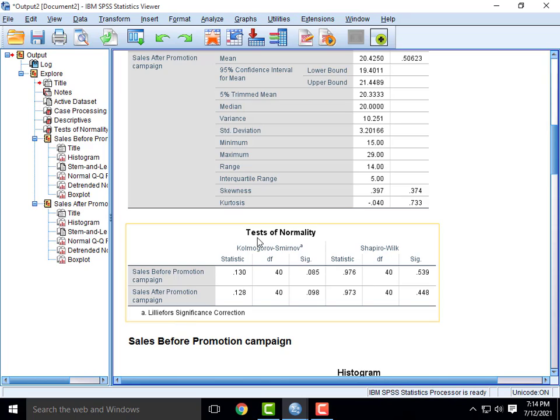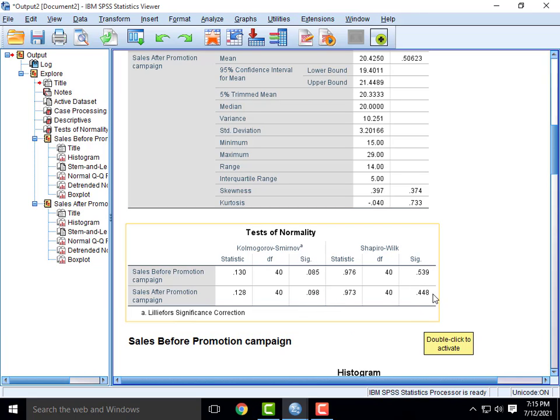Then come to the tests of normality. We have two tests, the Kolmogorov-Smirnov test and the Shapiro-Wilk test. These two significance values are greater than 0.05.